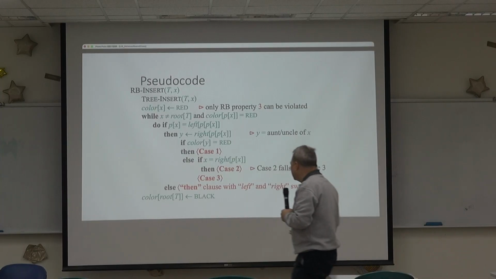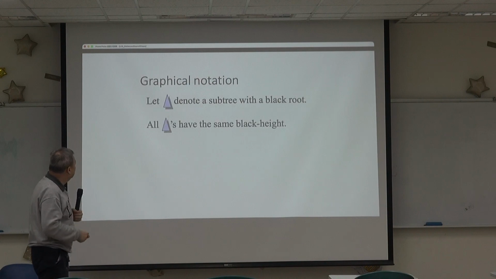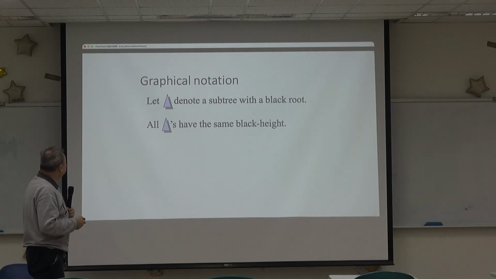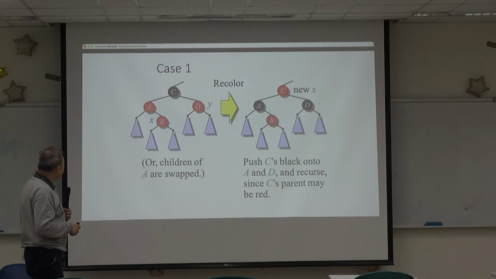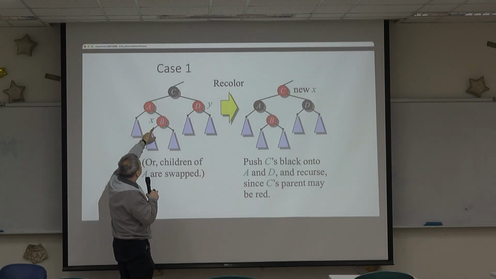So the idea, if we use that graphical notation, it's going to look like this. If it's case 1, if there's a violation like this, then we